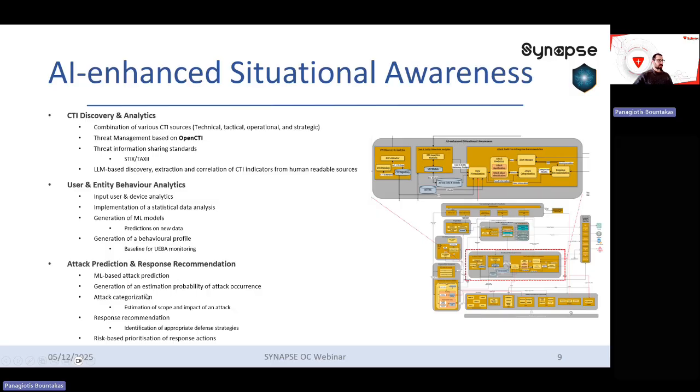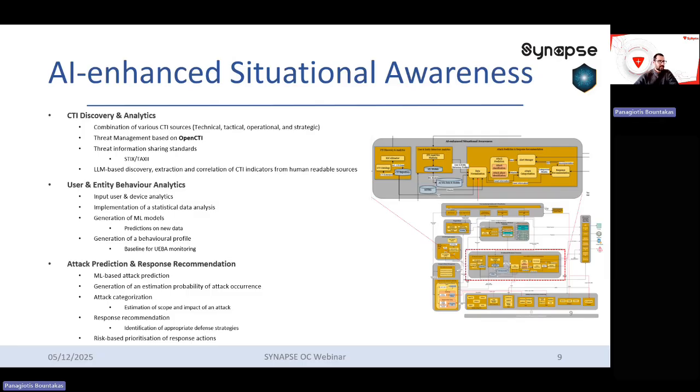Its main goal is to categorize the attack, let's say, estimate their scope and their impact, utilizing also available information from the MITRE ATT&CK database, and also propose response recommendations utilizing other publicly available datasets such as MITRE Defend,